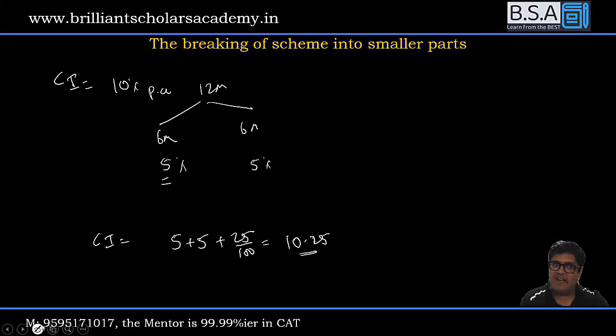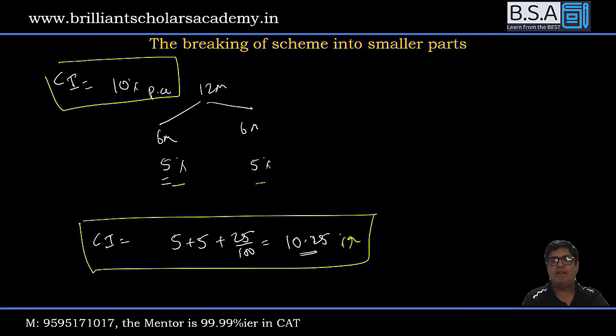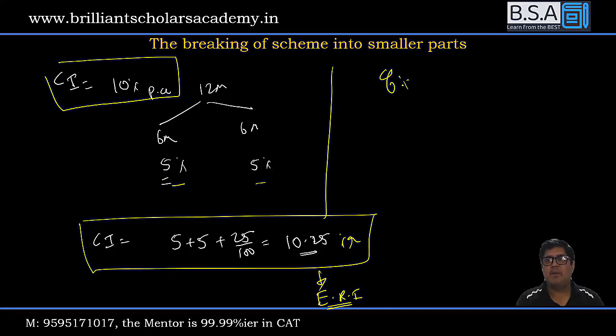What was the agreed interest in the beginning? 10%. Because you have broken down the scheme into smaller parts, the interest will start to increase. In compounding, this is called the effective rate of interest, or effective annual rate of interest. So when you break down a scheme into smaller parts, it generates more interest. I will not use 10%, but let me use a different number here. If it was 8% per annum,